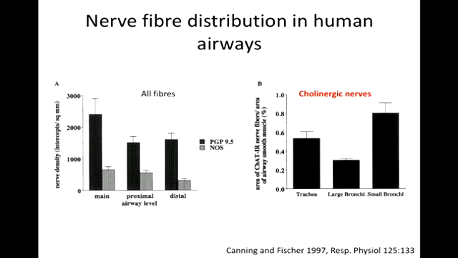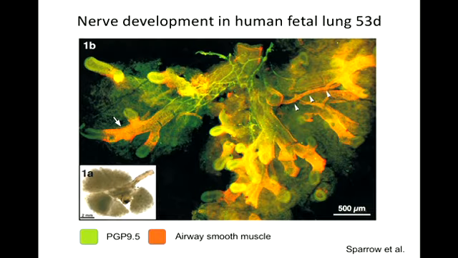Now, if we go down and take a look at those fibres in the deep lung that I showed you earlier on, we see that there are a lot of nerve fibres in the human lung. If we go to the small bronchi, they are predominantly cholinergic fibres. So those yellow projections that went down to the alveolar units in the diagram I showed you are predominantly cholinergic, which release acetylcholine, which contracts airway smooth muscle through the muscarinic 3 receptor. And this is very interesting. It's been discovered, actually, by Malcolm Sparrow in Australia,